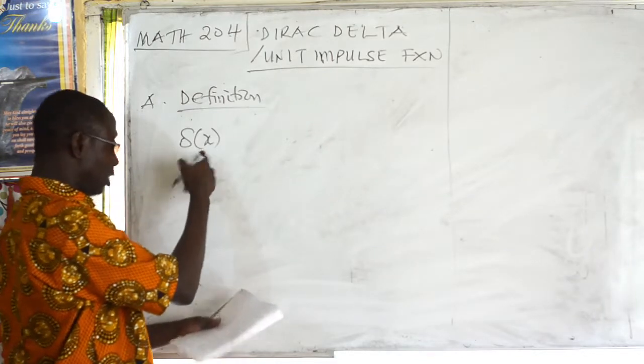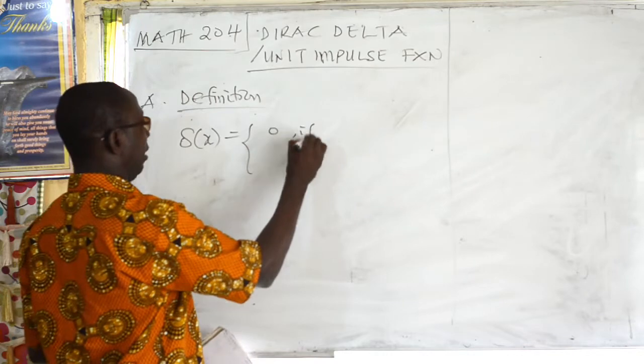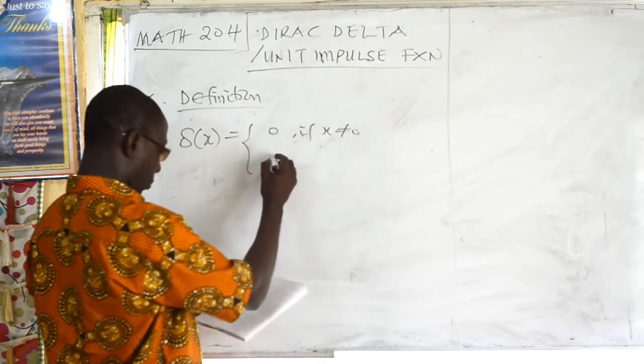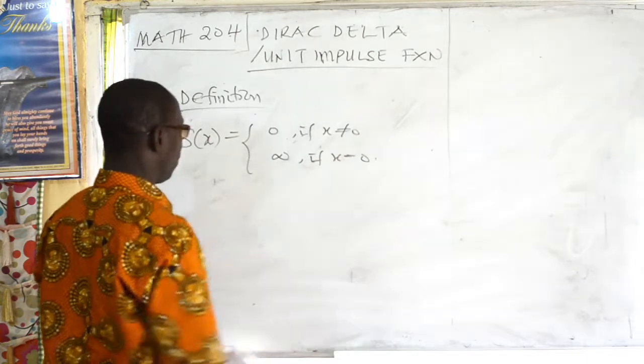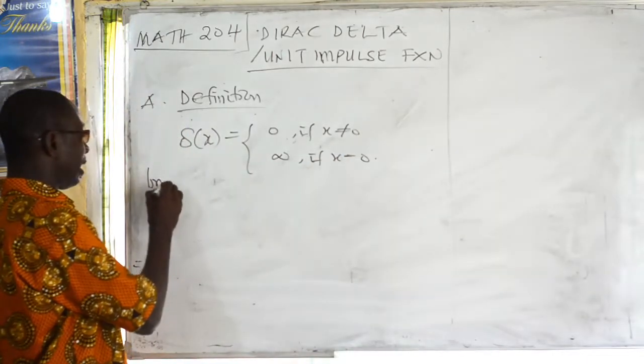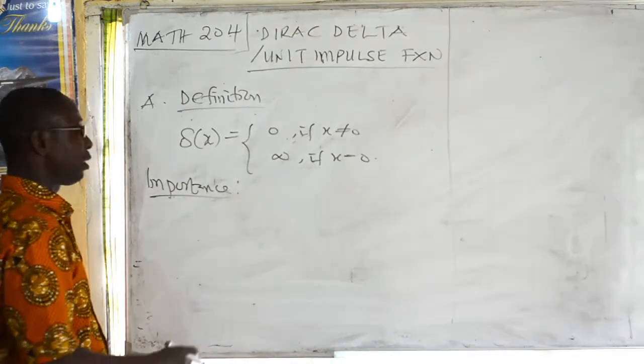The Dirac Delta function is given as 0 if x is not equal to 0 and infinity if x is equal to 0. The importance of the Dirac Delta function is that